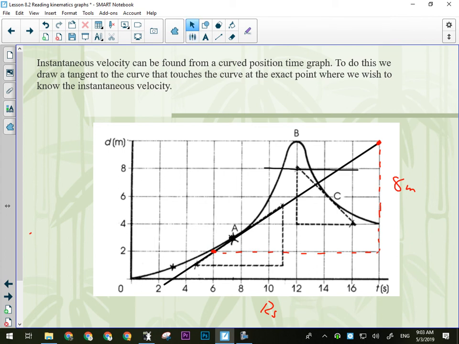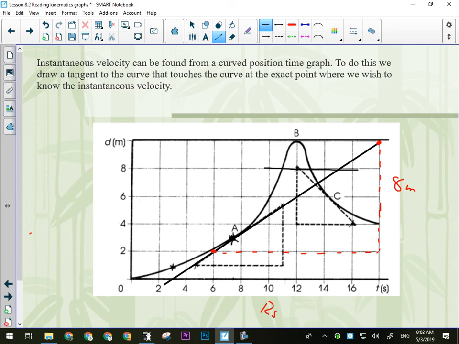What's the instantaneous velocity at point B? How do you know? Yeah. Okay. If I draw a tangent that touches the curve at point B, its slope is 0. Because what's going on in part B is the object is slowing down, slowing down, slowing down. The line's getting flatter and flatter and flatter. And then after point B, it's